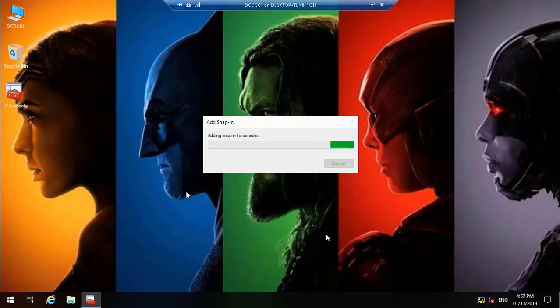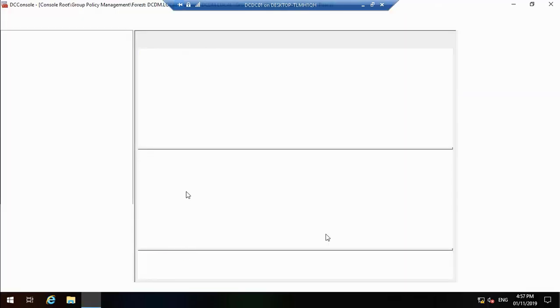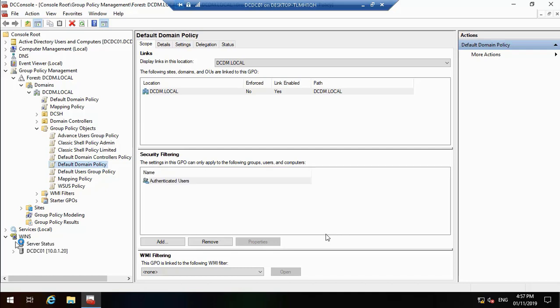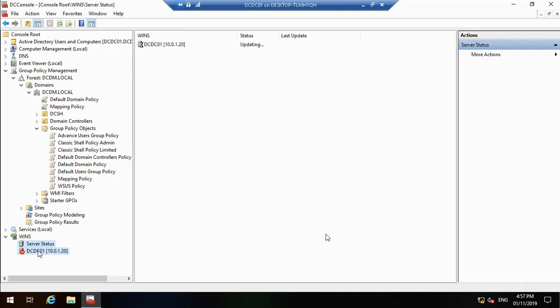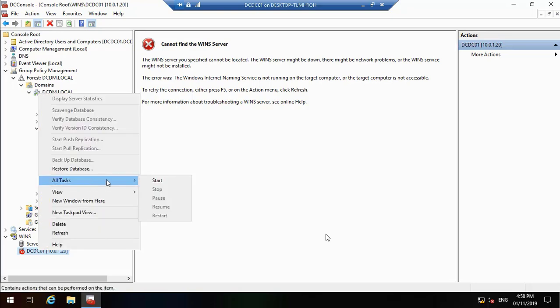Okay, so we will go to the first domain controller, to the WINS console, and we will tell it that, after modifying the network connection for the first domain controller and adding our second DNS and second WINS, we go to the WINS configuration on the first domain controller and tell it that you have a partner. We have done this on the second domain controller, but we forgot to do this on the first domain controller. Here we can see that the WINS is not running. Sometimes that happens in a virtual environment,